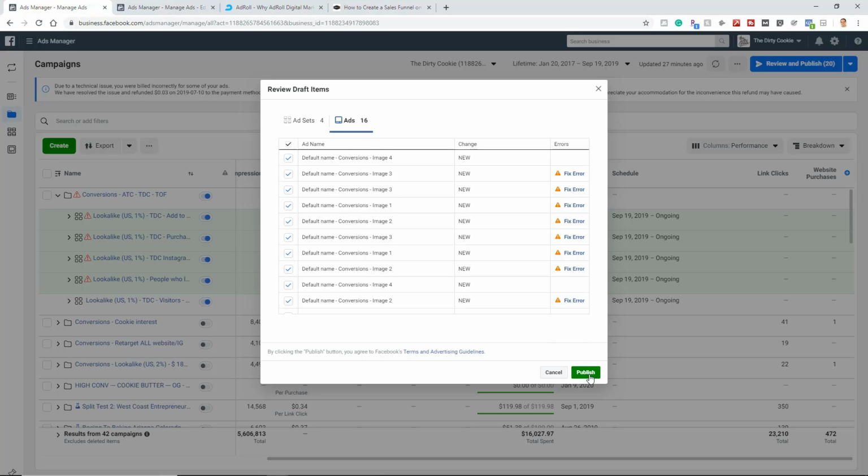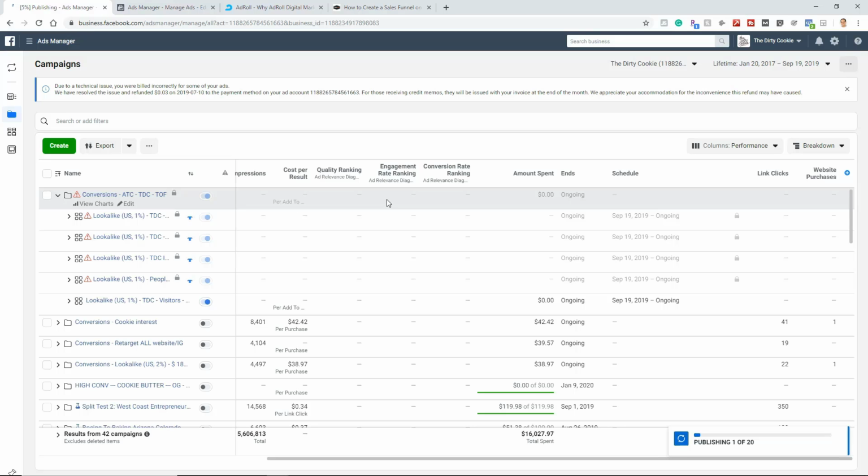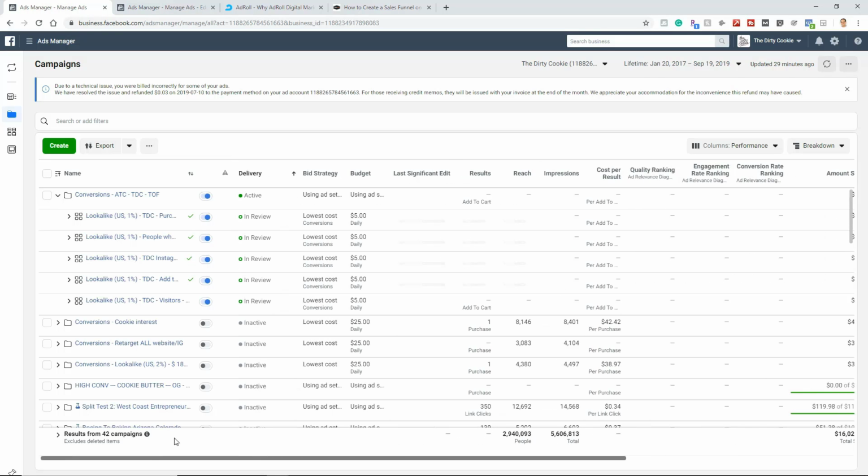So let's just click publish. Okay, great, we're published. Now these are in review. Like I said, check back every couple days or once your impressions reach 1,000. And then review your metrics to see which ad set is performing the best. And then you can toggle off the losers,